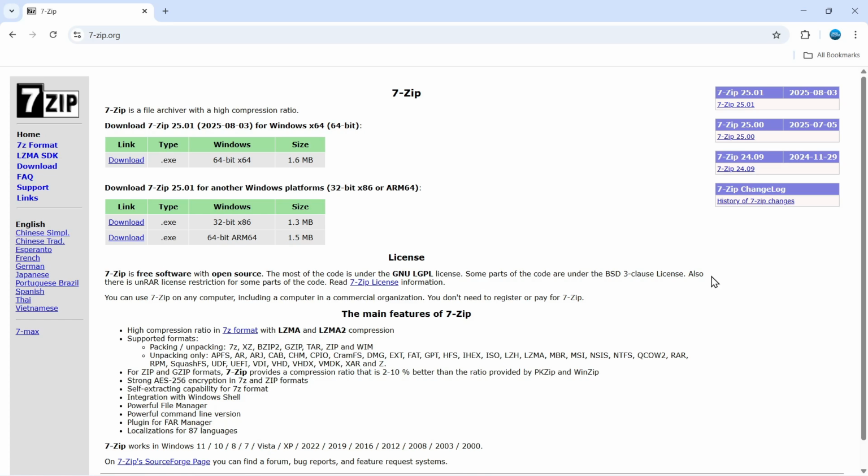7-zip is a free software which allows you to unzip and rezip files, and it provides a really good compression ratio that is about 2 to 10% better than the ratio provided by other tools like, for example, PKZip and WinZip. Now, to get started, all you want to do is open up an internet browser and come across to